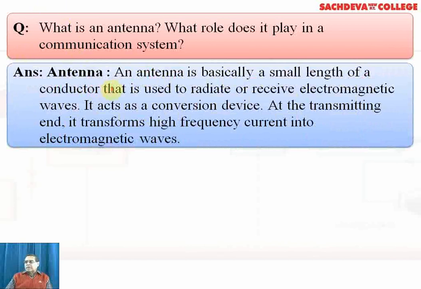When we use the conductor, we are referring to good conductors, or metal conductors, or alloy conductors. Because when we speak of alloy conductors, their alpha is small. That is, the change in resistance per unit resistance per degree centigrade rise in temperature will be low. And conductors must normally be made from alloys, so that they are used to radiate or receive electromagnetic waves.